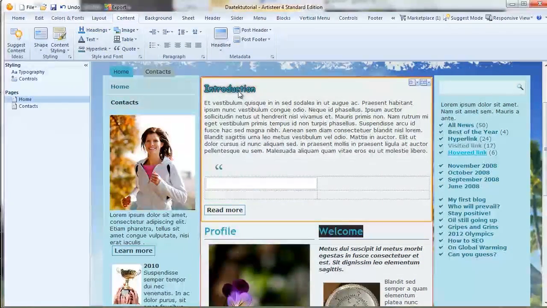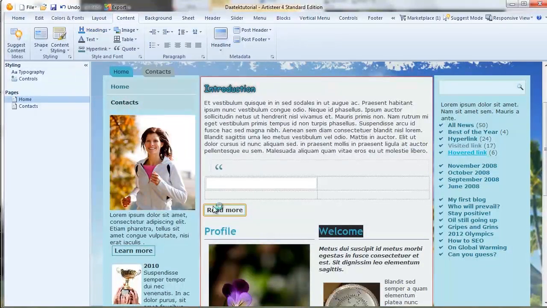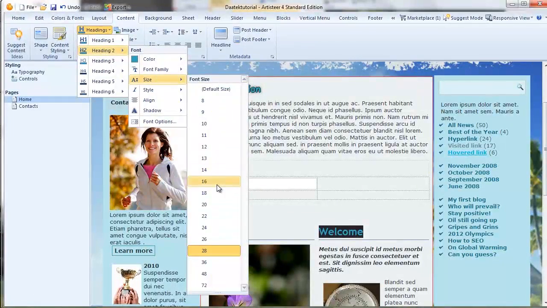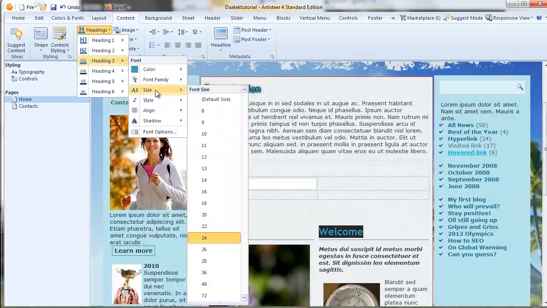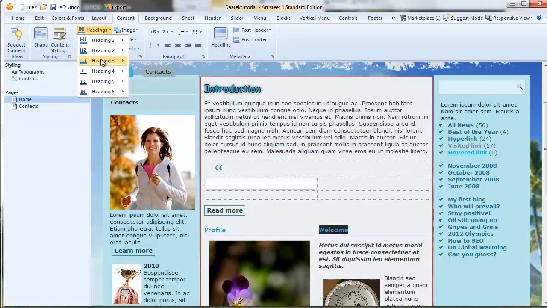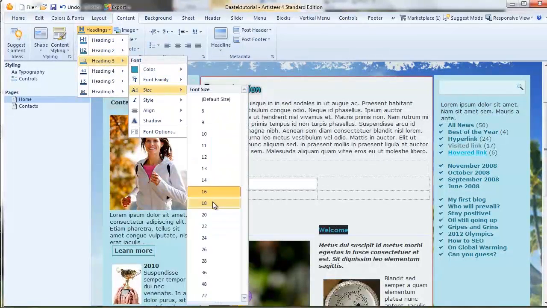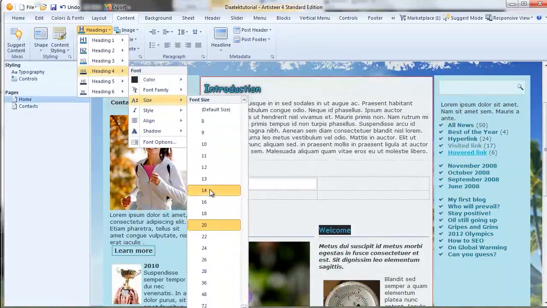See, it's come down there. If you want to go a bit bigger, we go 22. That's a bit better. But then what I do is every subsequent heading below that, I'll go 2 pixels less. So the first one was 22, I'll make that one 20, and so on and so forth down the line. This is just my preference. So 22, 20, 18. When I get to heading 4 or 5, I like to have it sitting around about